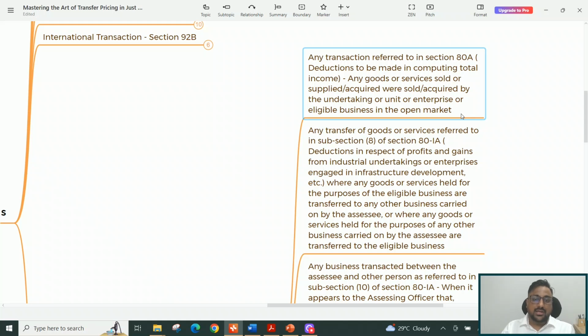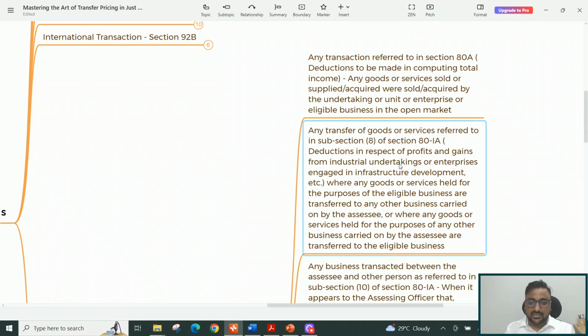I'll move ahead. The second type of transaction covered under the ambit of SDT, that is 92BA, is any transfer of goods or services referred to in subsection 8 of section 80IA. That is deductions in respect of profits and gains from industrial undertakings or enterprises engaged in infra development activities. This is basically the title of 80IA, the deduction you take on account of industrial undertakings and enterprises engaged in